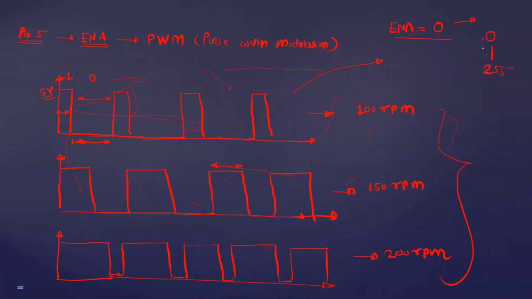And if you vary the value from 0 to 255, suppose you set the enable pin to 255 directly, then this is the maximum speed. So this is the use of the programming software. We will not set the actual time for low and high pulse, we just have to set the number. That means we just assign a number from 0 to 255. You can assign any number in between 0 and 255. Suppose you assign 200, then it will run at a specific speed which is less than the higher speed. So now we will see how to program.